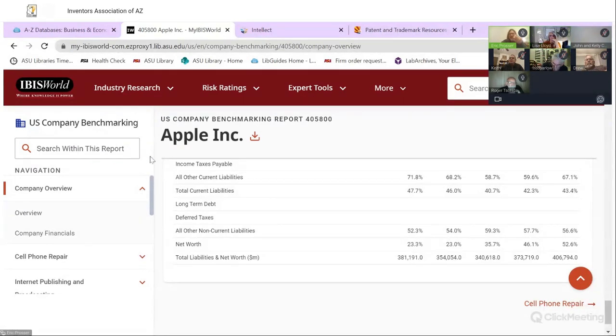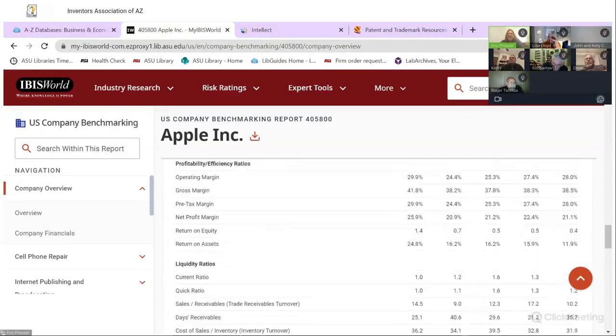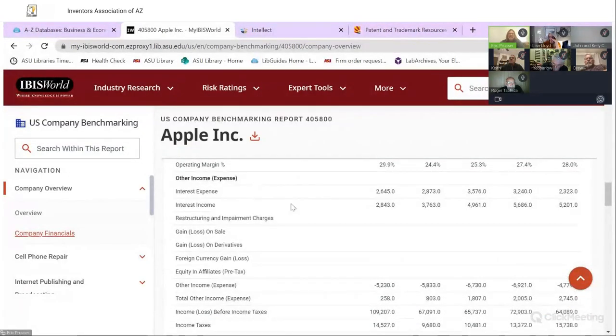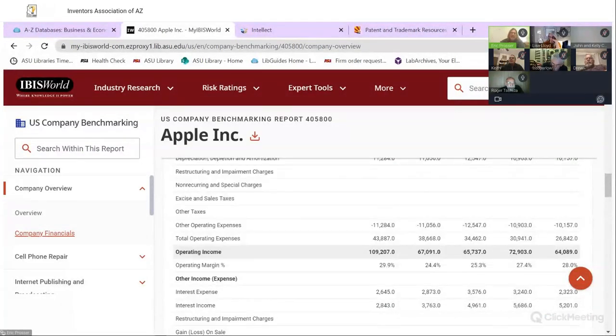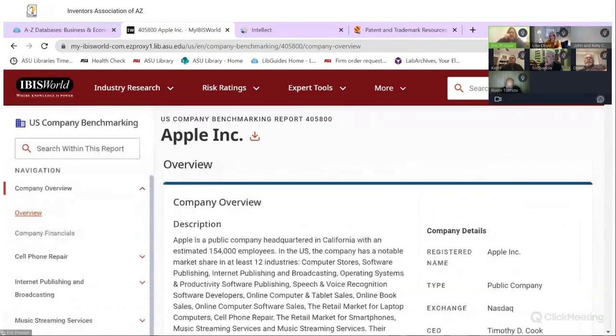So we still might not have contact information in the IBIS World database. But again, what you're probably starting to see is some of the information that we have in this database overlaps with information that we had in the first database we looked at, the Mergent database. And this happens a lot, that databases are kind of like an overlapping Venn diagram, but they all have these things out on the edge of the circles that kind of set them apart from each other. But that's essentially IBIS World, the type of deep dive that you can do and some of the information out there.